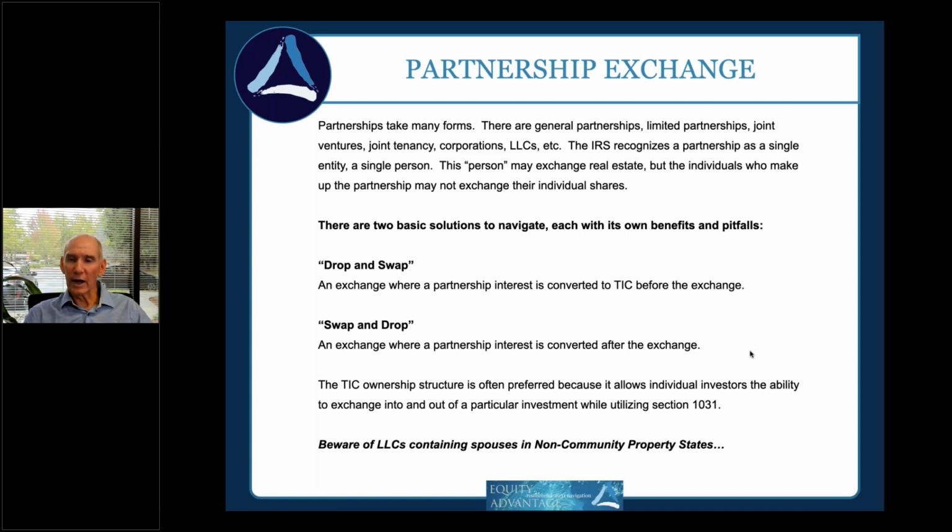A drop and swap means we're going to have a deed from the entity to the individuals pre-disposition. Ideally, that would be done maybe a year in advance. It never happens a year in advance because people don't think about it. Even if they think about it, they don't want to deal with it because it's cumbersome, time consuming, and can be expensive. So typically 9 times out of 10, that drop happens at close, and that's not a bulletproof transaction.